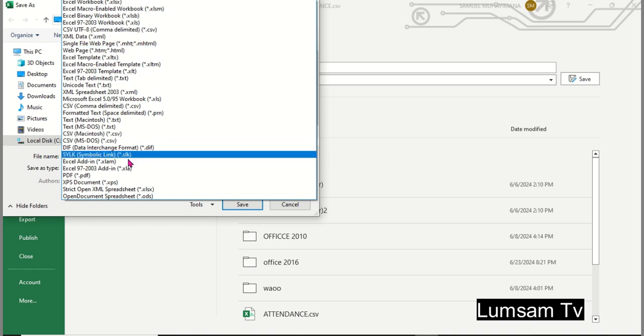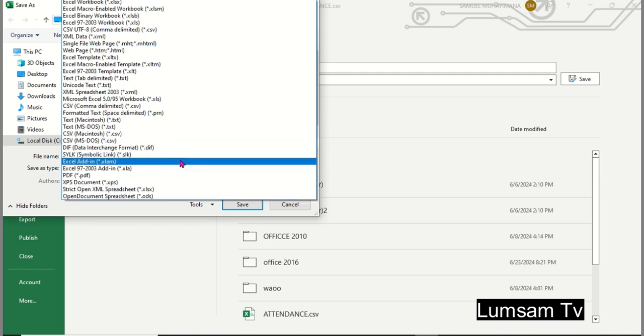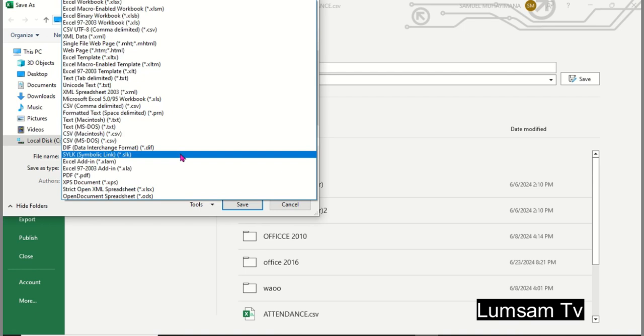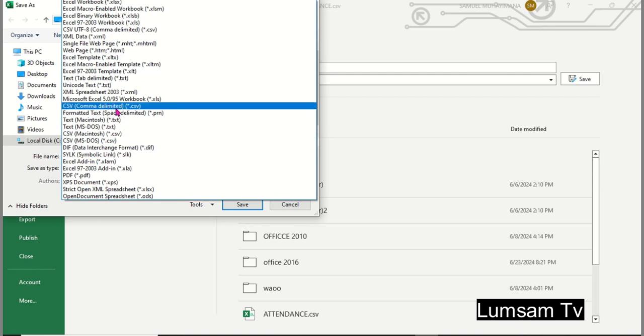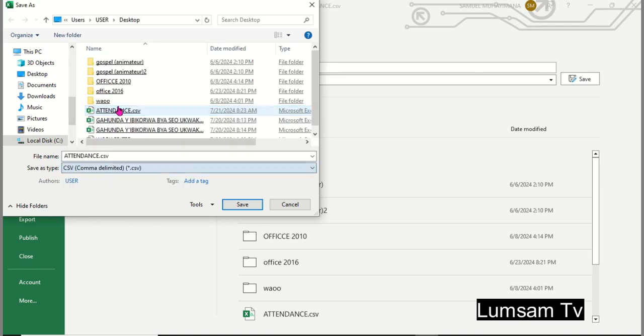No, you check this is the format of CSV. This one. This is the format. Okay. After getting it as a format, now you can click save.